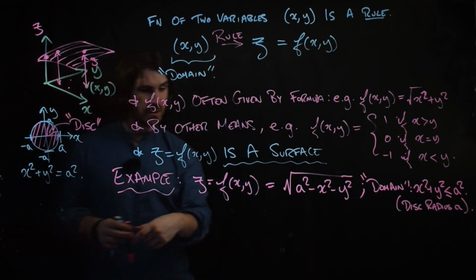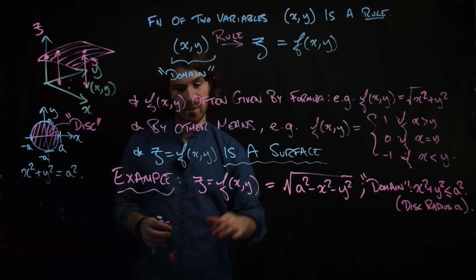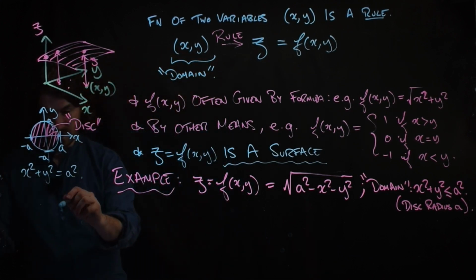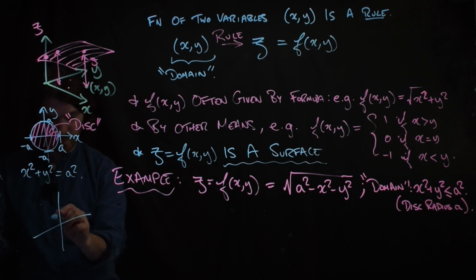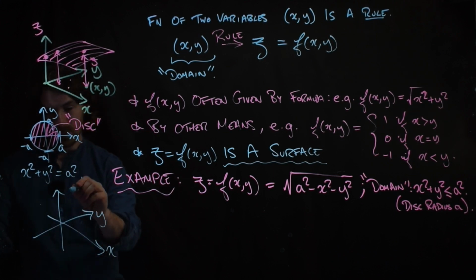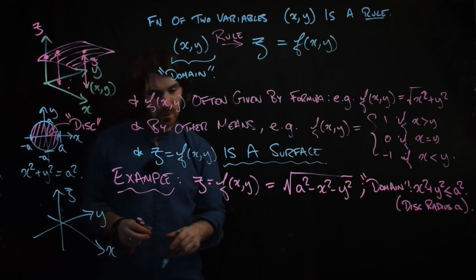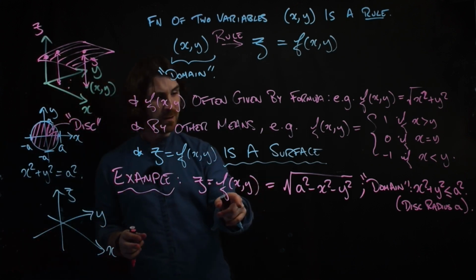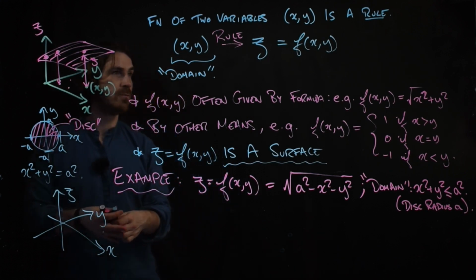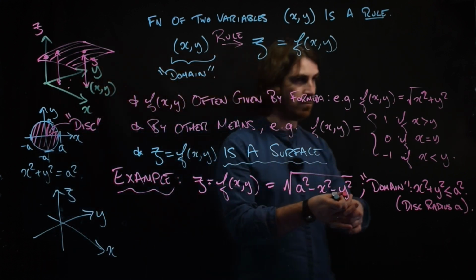Okay, and it turns out that this function represents a dome. Okay, and we can see that if we draw the x and y and z. Okay, and we can consider different values of x and y and see what z they give. Okay, just like when you're drawing a function of one variable,